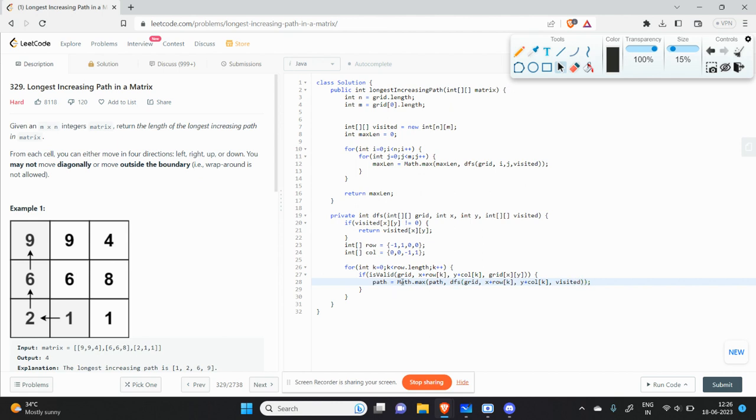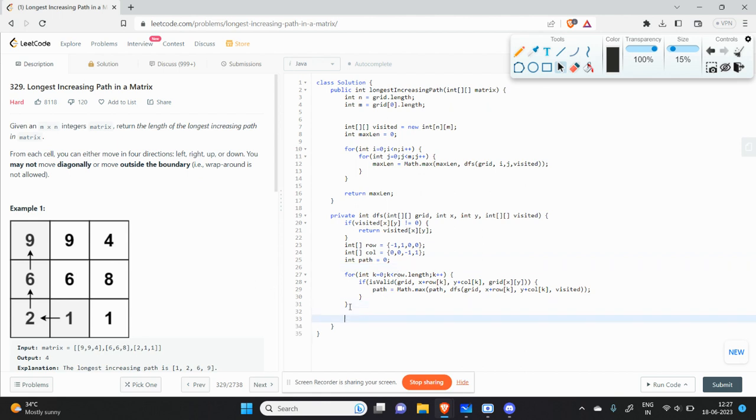Whatever is the maximum path on this one, we should utilize that one. Let's initialize this value with 0. And while returning we should choose the maximum of this one. And since we are optimizing by introducing the memoization technique,